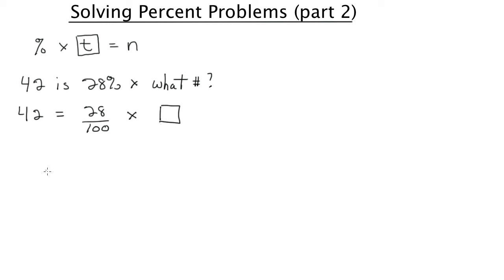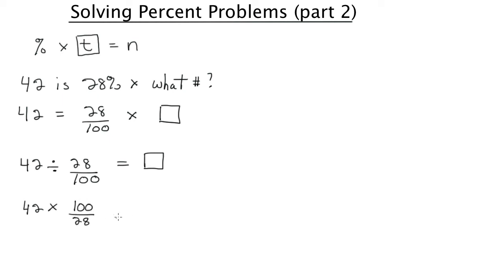Again, here, you can solve a simpler problem if you're not sure what to do with this. The idea is that if something times 28 hundredths equals 42, well, then that thing must be 42 divided by 28 hundredths. There are a couple ways to go about it. I can use the fact that dividing by a fraction is the same as multiplying by the reciprocal, or I could go ahead and do decimal division, do 42 divided by 0.28. I'll just go ahead and use the multiply by the reciprocal approach,